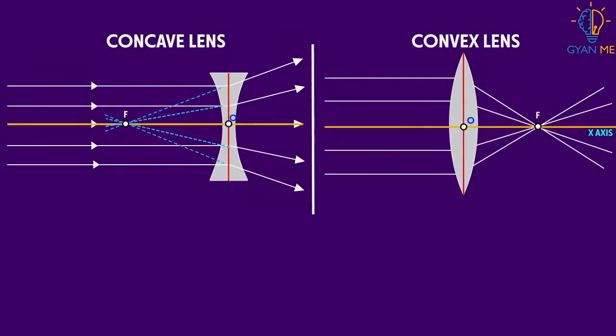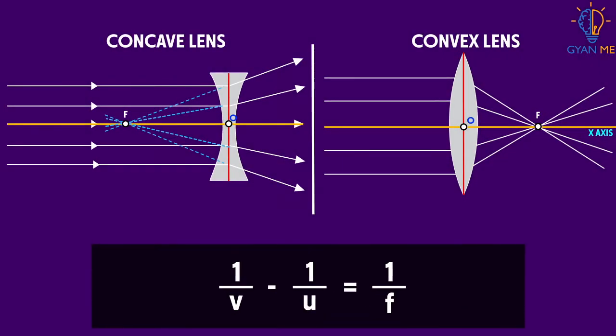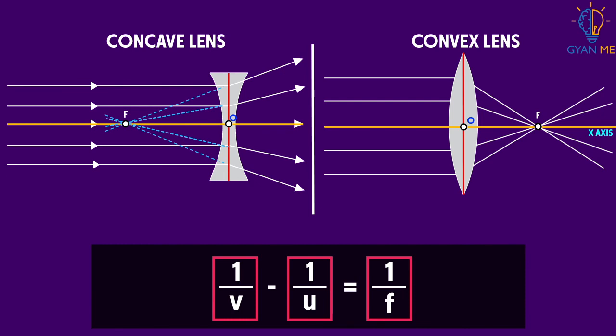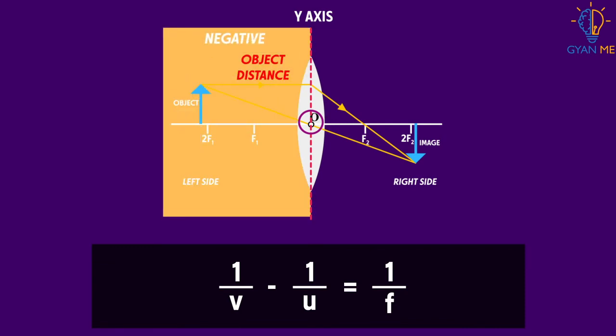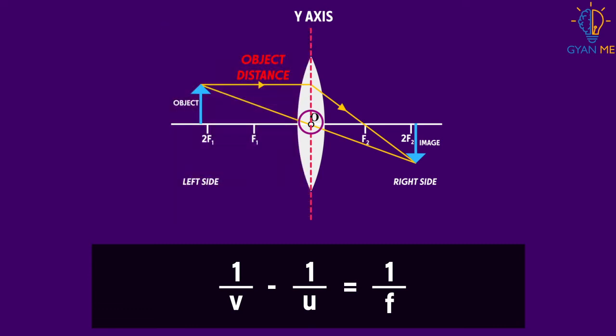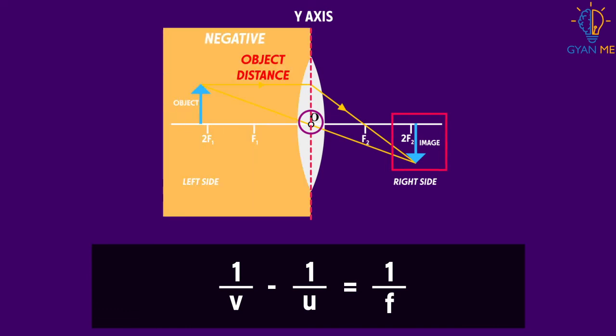So to sum it up, we can say that while calculating object distance u, image distance v or focal length f for the lens formula, always consider the focal length of a convex lens positive and that of a concave lens negative. Object distance for any lens is always negative as objects are conventionally placed on the left side of the lens. And image distance depends upon where it is formed, whether in front of the lens or on this side of the lens.